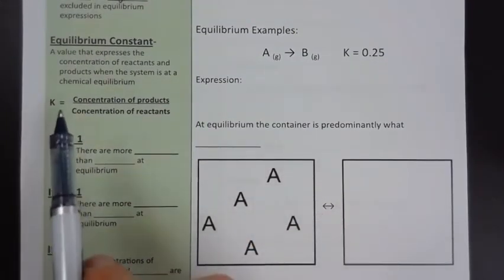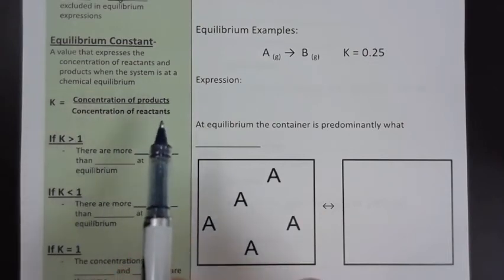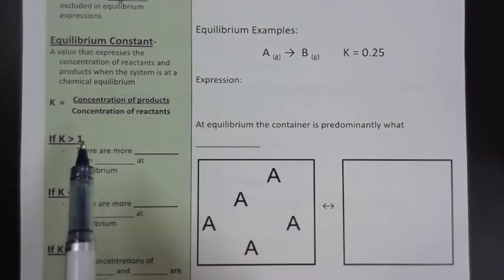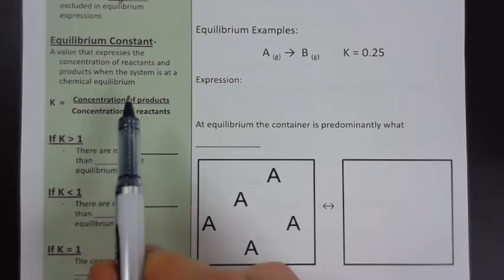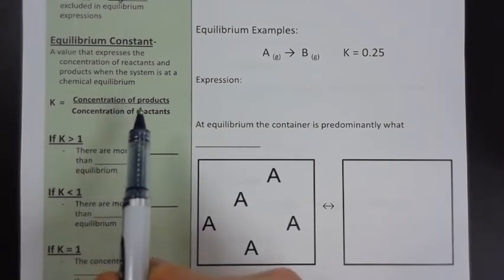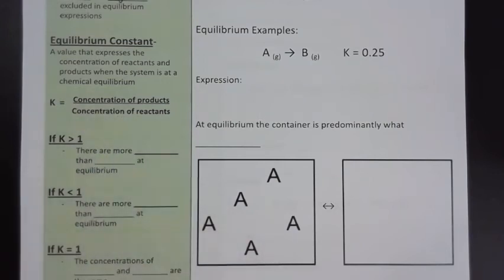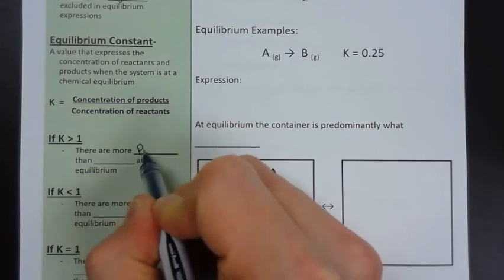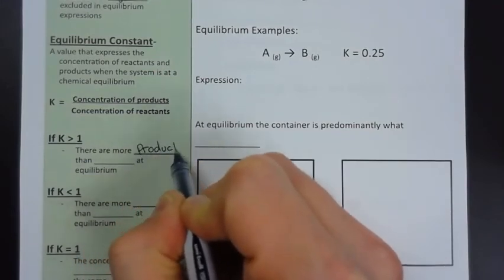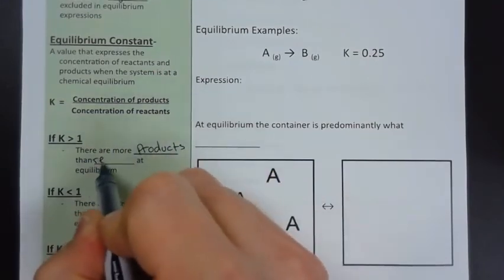Okay, so again, K is always products over reactants. So if K is greater than 1, then that means that the numerator of your K value is larger and the denominator of your K value is smaller. So that means that there has to be more products than reactants